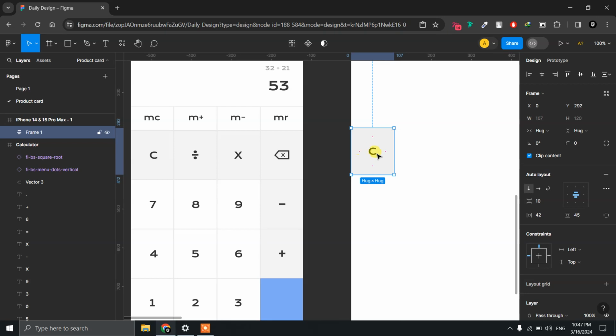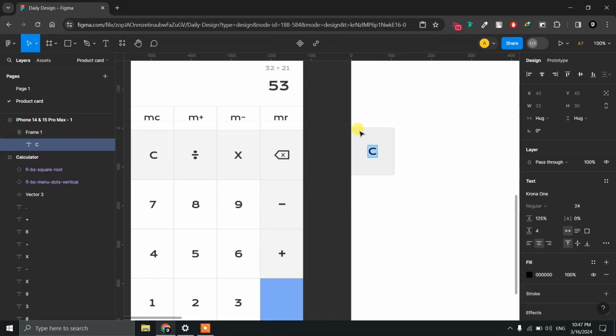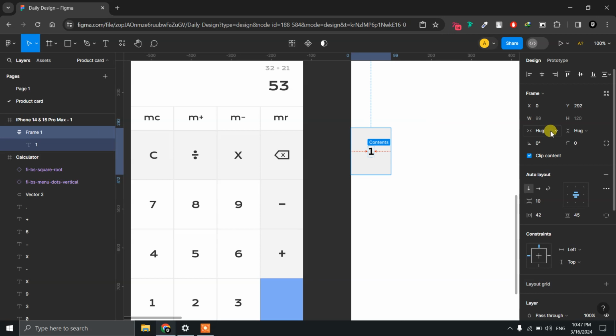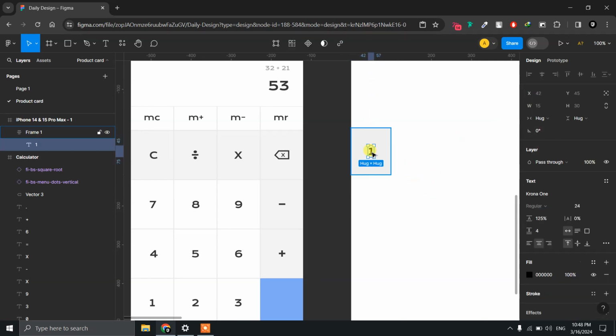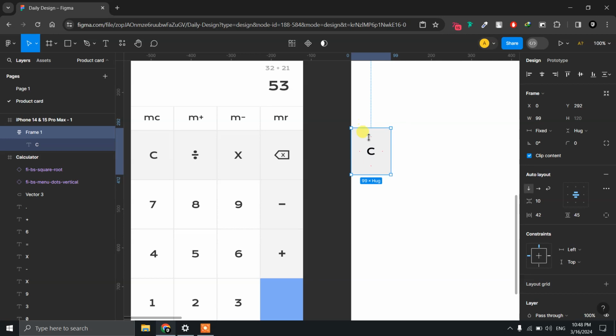So what will happen is, as we change the size of this text, the size of the box will change as well. So you can see it is increasing, and we don't want that to happen. So what we'll do is we'll select our frame. Instead of hug, we'll choose fixed width. So now even if we change the text here, the width of the rectangle or the button will remain the same. So let's keep it C, and we will duplicate this